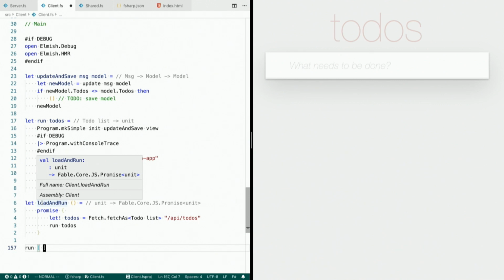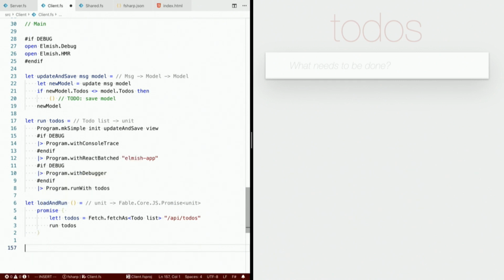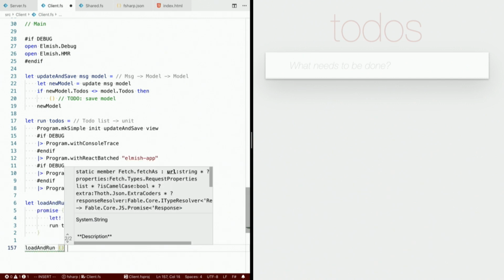And by the way, unit is like void in C#, but it's not really void. It's an object that can have just one constructor. But you can think of it like void. Okay, so let me now invoke the function load and run and pass it to